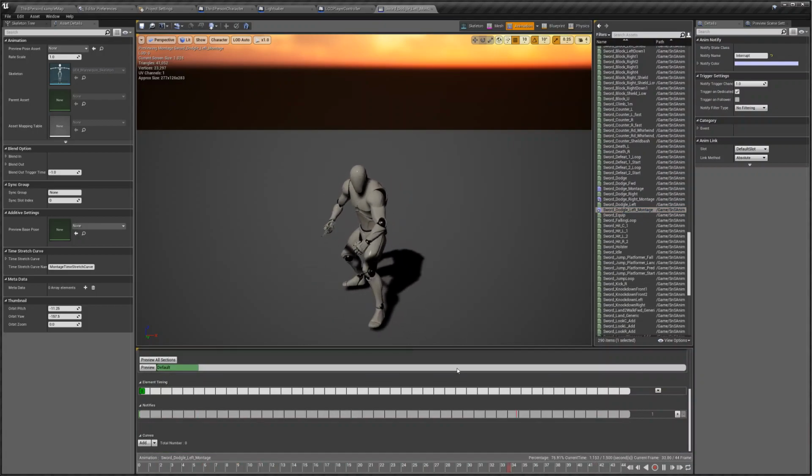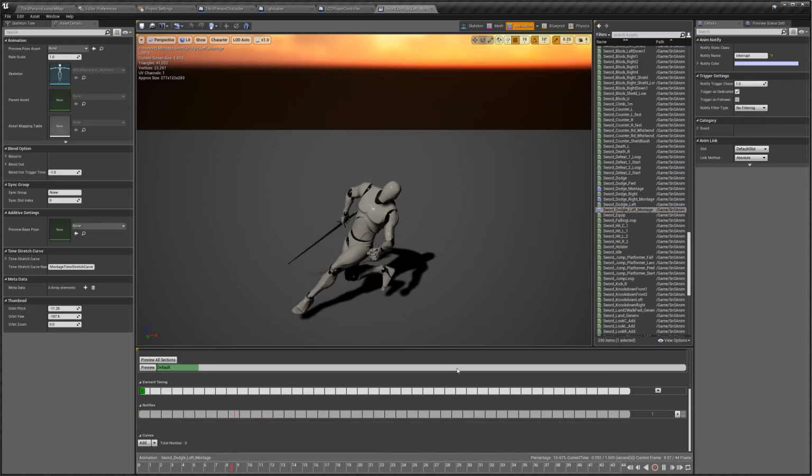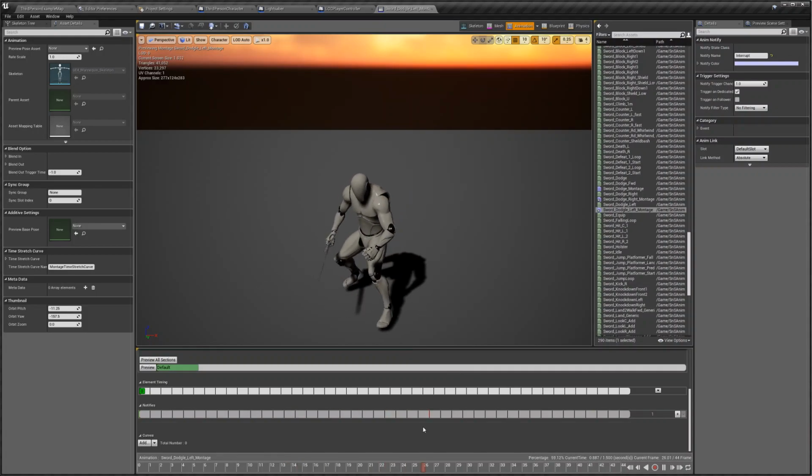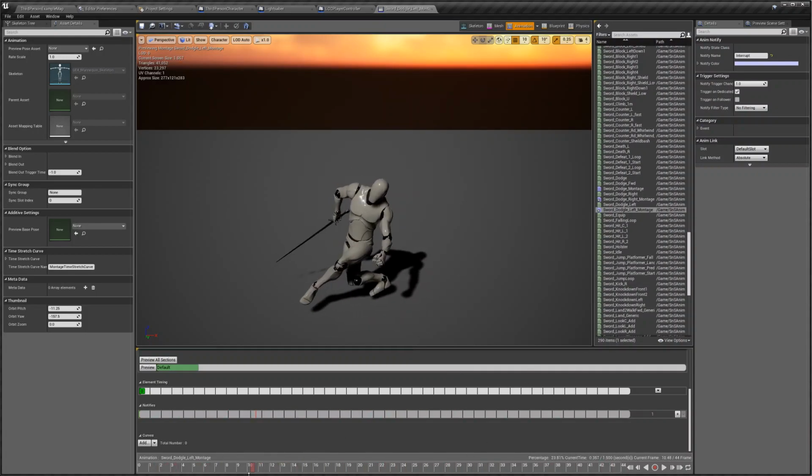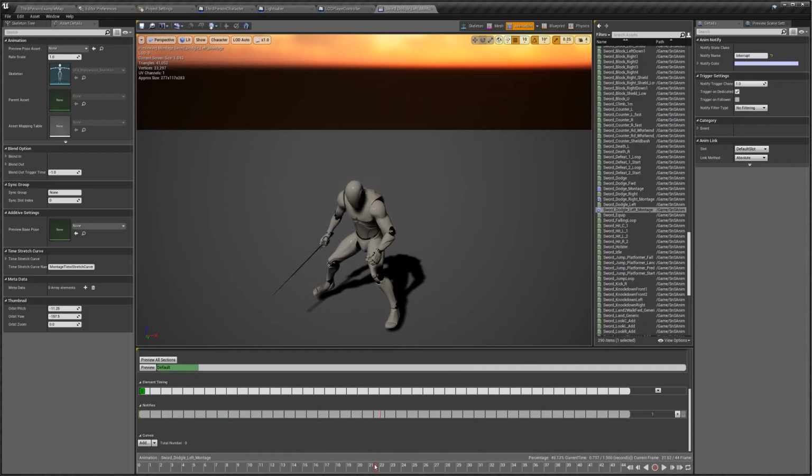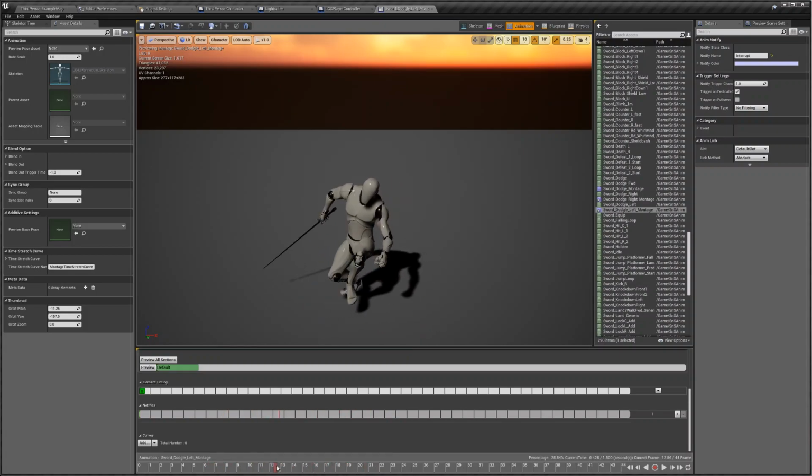So this could be, if you have the animations, you are more than free to use the rolling on the floor. I don't have them right now. I will probably import them in the project, and I'll just show you how easy it is to swap them out. So somewhere here already,